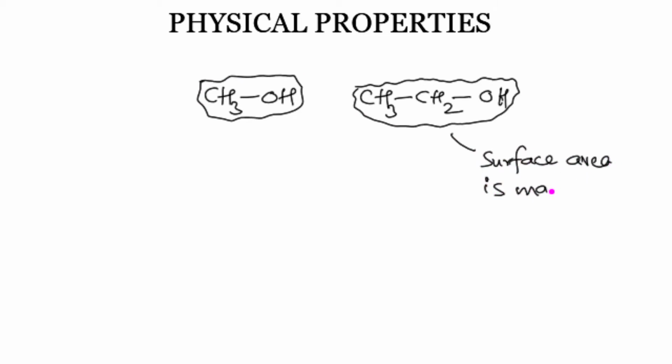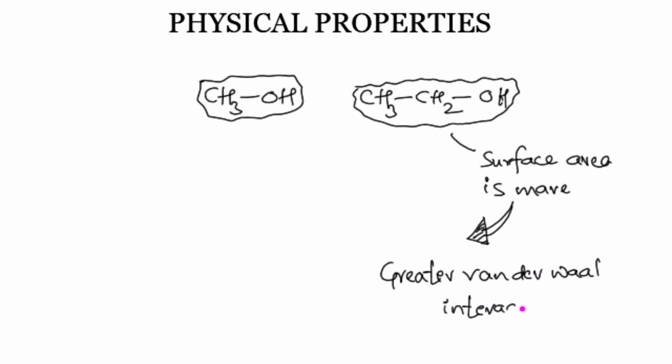So you can see that here the surface area is more. If there is more surface area, that implies more interactions, in the sense greater van der Waals interactions. And we know very well that the greater the van der Waals interaction, the greater the boiling point. The boiling point is increased as compared to CH3OH. It means that when you introduce more carbon or CH2 groups in a molecule, there is an increase in the surface area, and due to that there is greater van der Waals interaction and hence the boiling point increases. This is one part.